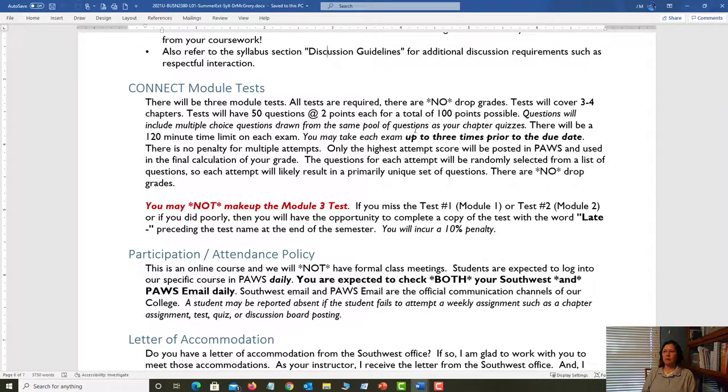You have 3 attempts on this, and so I hope that you do your best. I only record your highest attempt in PAWS. Connect is going to show you the average, but that's what Connect is doing. When I record that grade in PAWS, I will email you and say, I just posted your grade in PAWS. I need you to look at it, make sure it's accurate, and I'll ask you to do that. Please stop now. Don't click that little bell, because you're not getting the feedback that you need to keep improving.